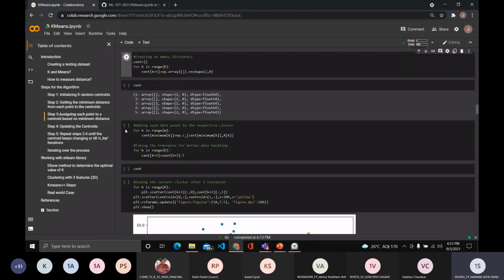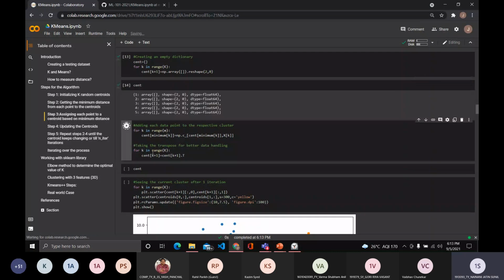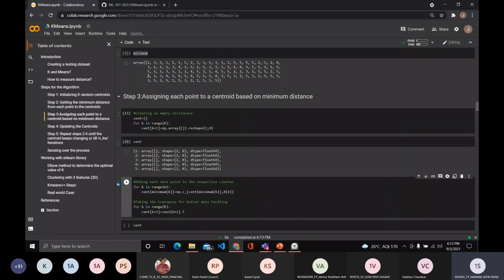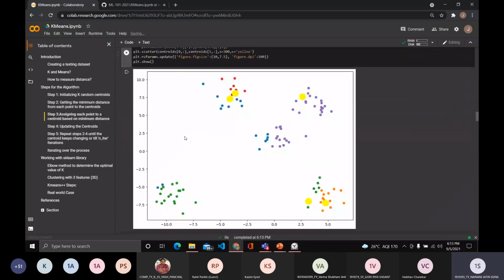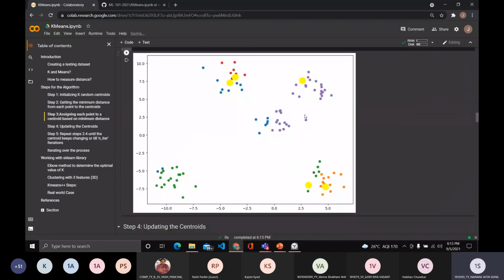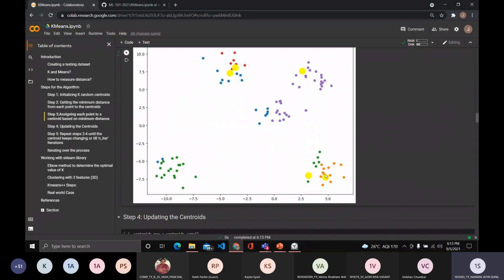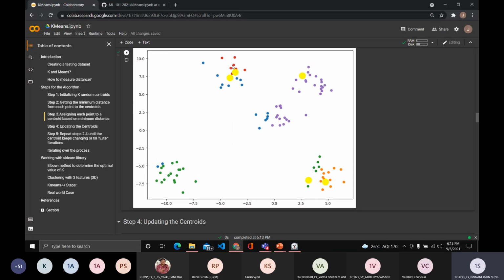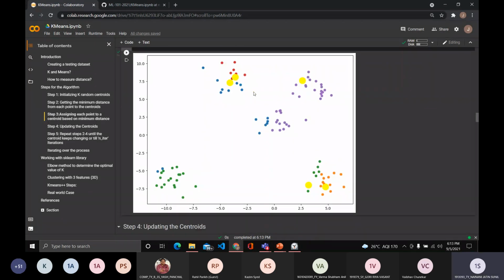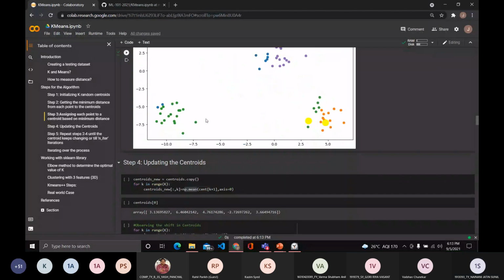In the third step, we'll just create a dictionary. You can see here one basic dictionary, and we'll assign based on this minimum variable. If I just run this cell, you can see the clusters are starting to form. The purple data points are closest to this yellow centroid, and basically for each color, right? Green is closest to this one. Now this is the first iteration only, that's why it's not looking the most optimal.